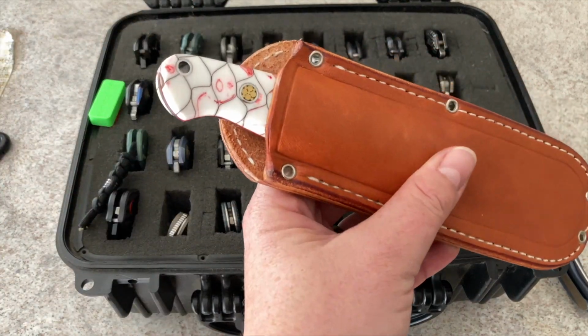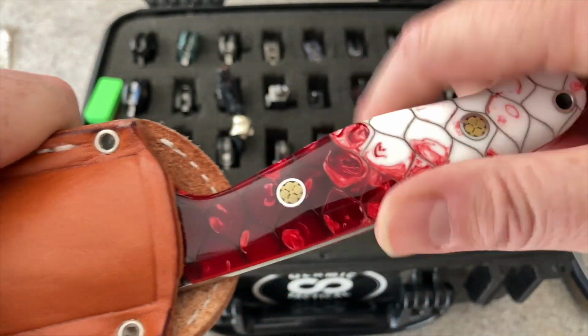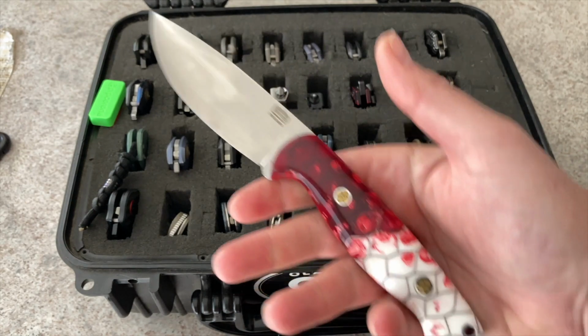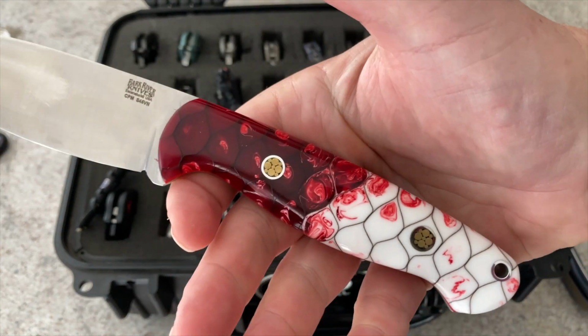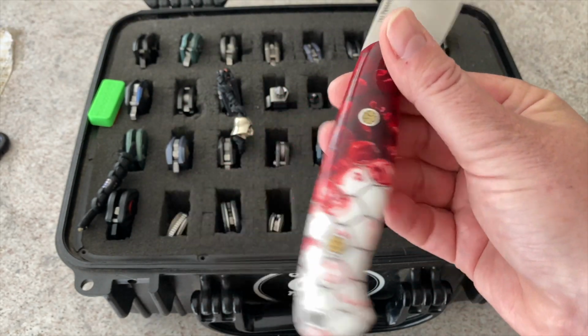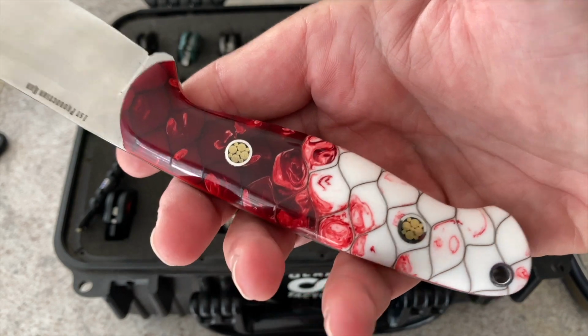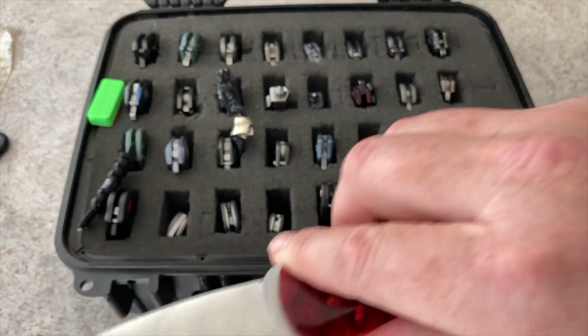Let's just give a little glimpse of that. Look at that. It's all right to be prepared, but you can still have some style when you do it. Be tough. Be prepared, but do it with style. Look at that. Great, great outdoors knife. So, at any rate, guys,